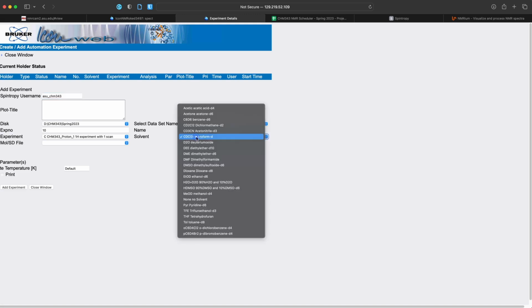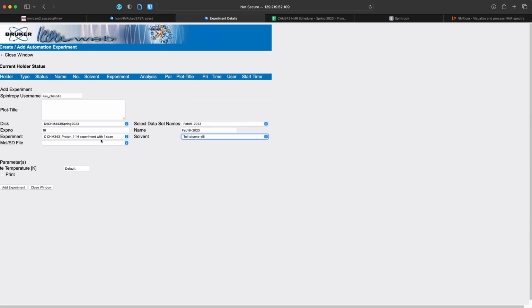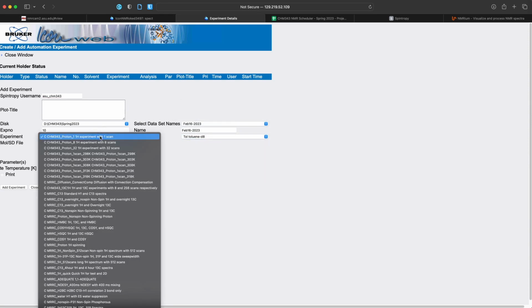We want to pick the solvent for that sample, which is deuterated toluene. Want to pick the experiment we want to do for Chem 343. That's usually one of the top 3. So a quick single scan proton, a longer 8 scan, or a long 32 scan. Each of these have a 1 minute or 60-second delay, so this will be a 30-minute experiment, 8-minute, and 1 minute. Let's just pick a 1 scan